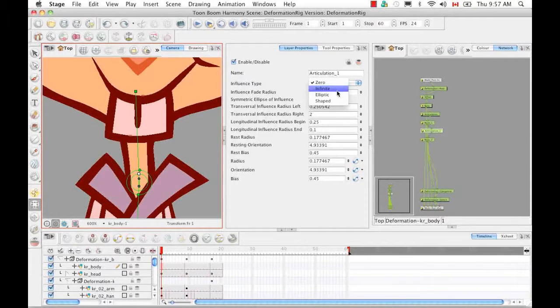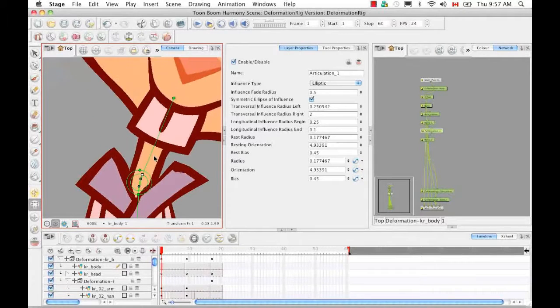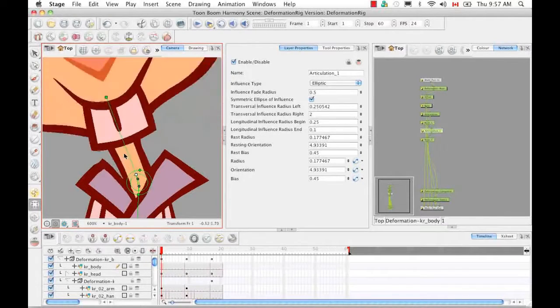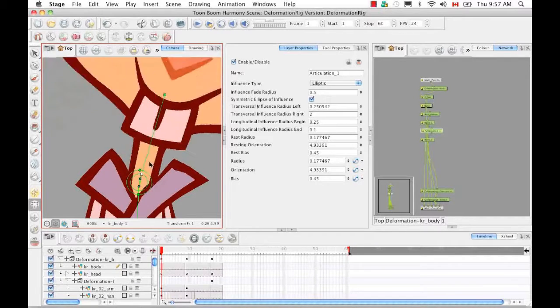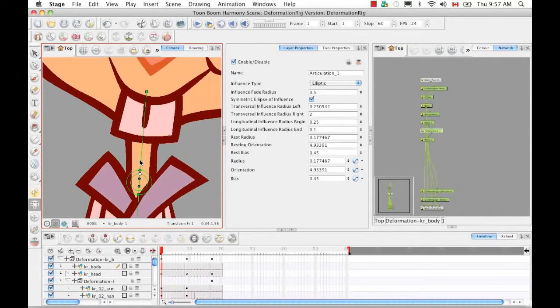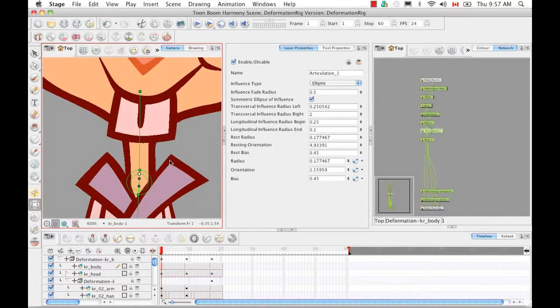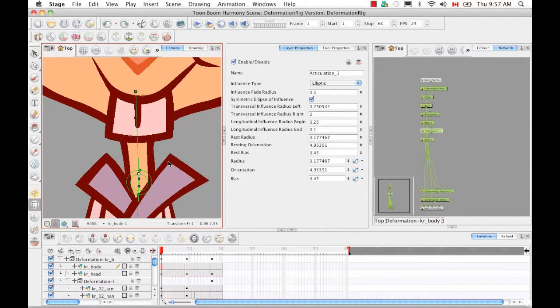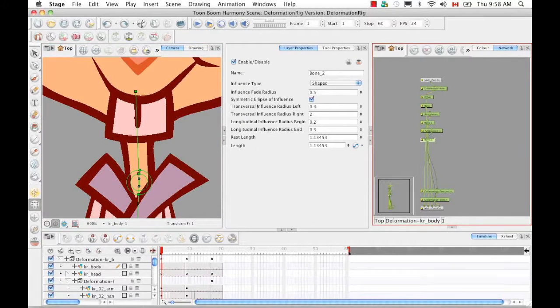So still not a great improvement. Let's try bringing this back to elliptic and see if that changes much. So it changes a bit, but still not great. So there's one more thing we can try, and that's changing the influence fade radius for these articulation and bones. So I'm going to select the neck bone again, and what the influence fade radius is